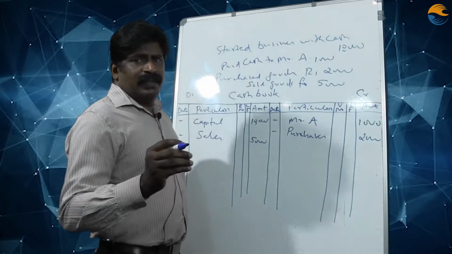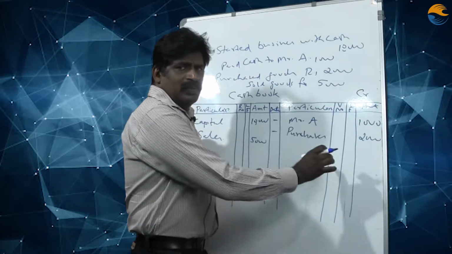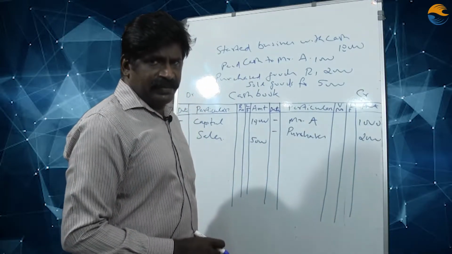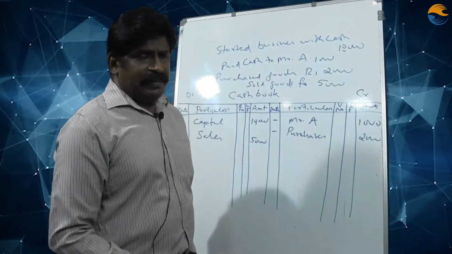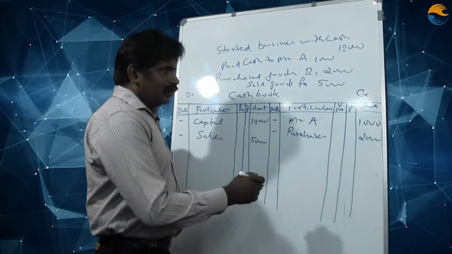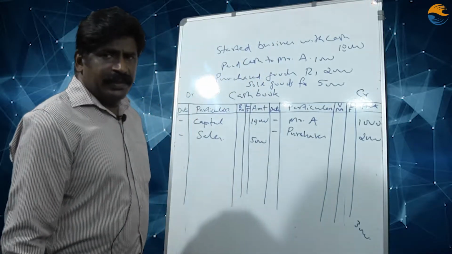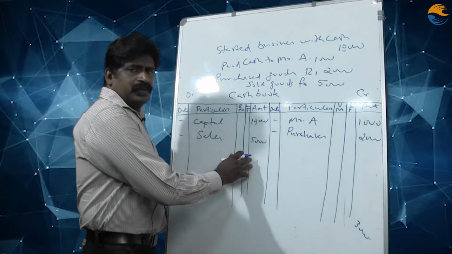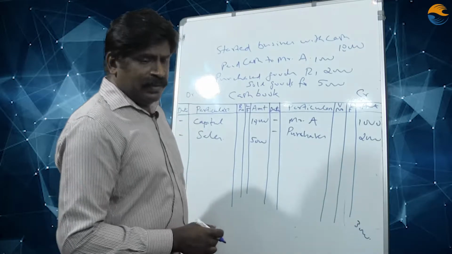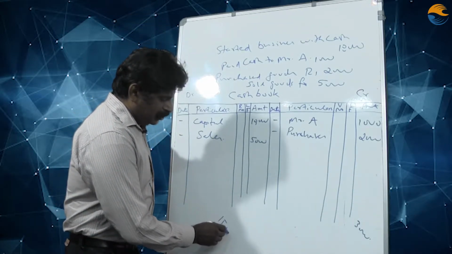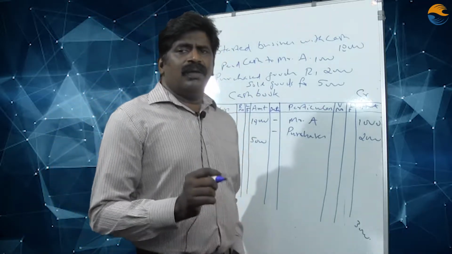How to balance an account? First thing, we have to take the totals of both the sides, debit and credit side, on a rough basis. Here 1000 and 2000 are there. So 3000 is the total of these sides. I write just here 3000 is the total of this side. And when we come to this side, on the debit side, two amounts are here, 10,000 and 5,000. So 15,000 is the total here. Actually, we have to take this total on rough basis.